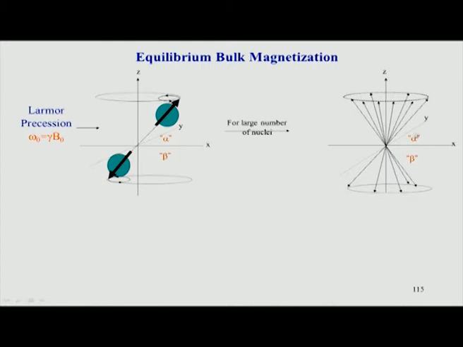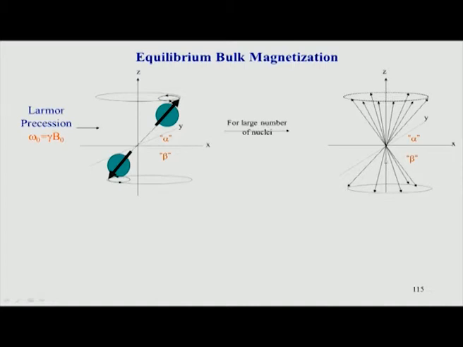Similarly, if you have the alpha state, you have spins pointing this way, and in the beta state the spins are pointing downwards. Now, what if you do a vector addition and subtraction? We saw that in the xy plane, if you take a projection of this vector in this direction, there will be something else which will come in the opposite direction. So, they will cancel each other. If you look in the xy direction, the spins all cancel each other, but you have a vector addition, the net addition happening in this direction plus another addition in this direction. So, you have a net vector in the z axis, positive and negative z axis.